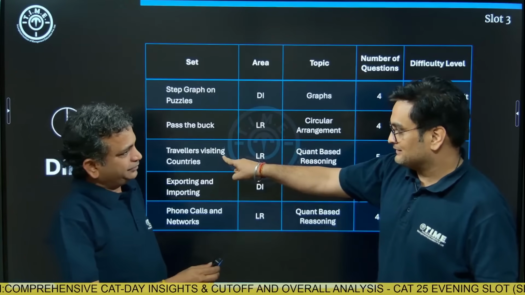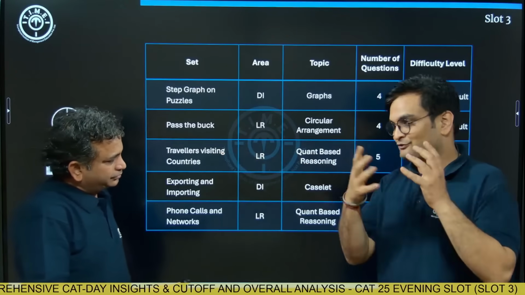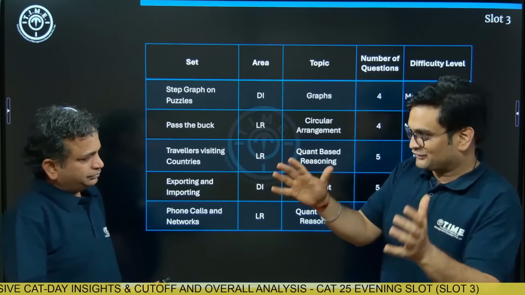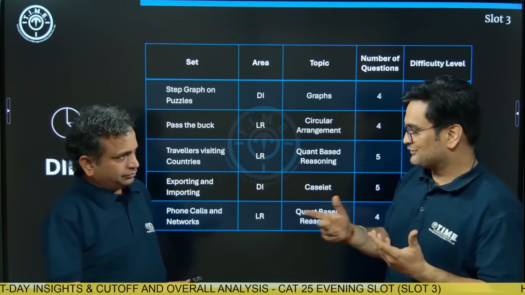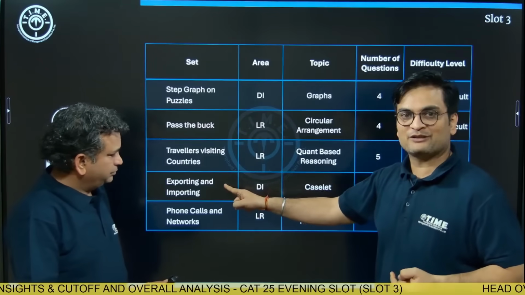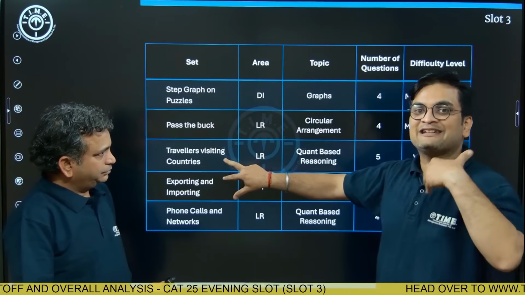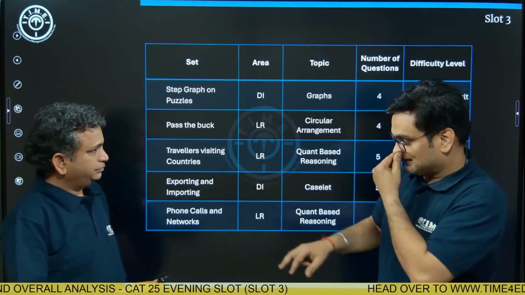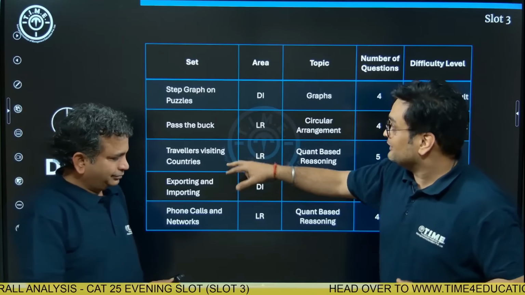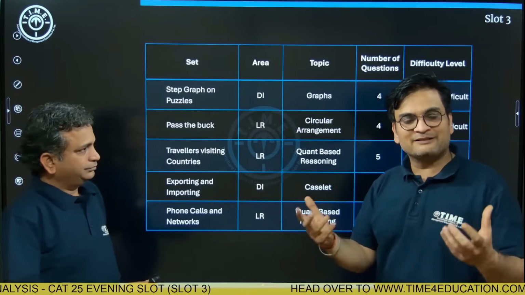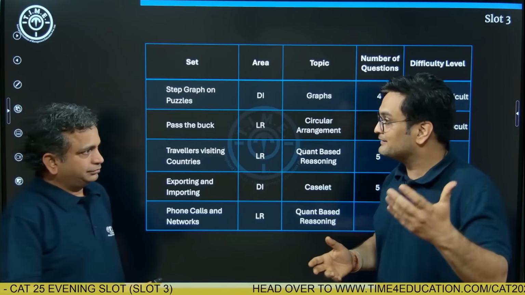Because you cannot do that here. You cannot partially solve it. At least that's what we got to know from students. In those 40 minutes, attempting it partially was not really possible. Same is the case with this fourth set. So basically, these were the sets that students should have stayed away from, right? Because they are time eaters. Definitely. The other 3 sets that we had, you could have done partially and still cleared the cutoffs.